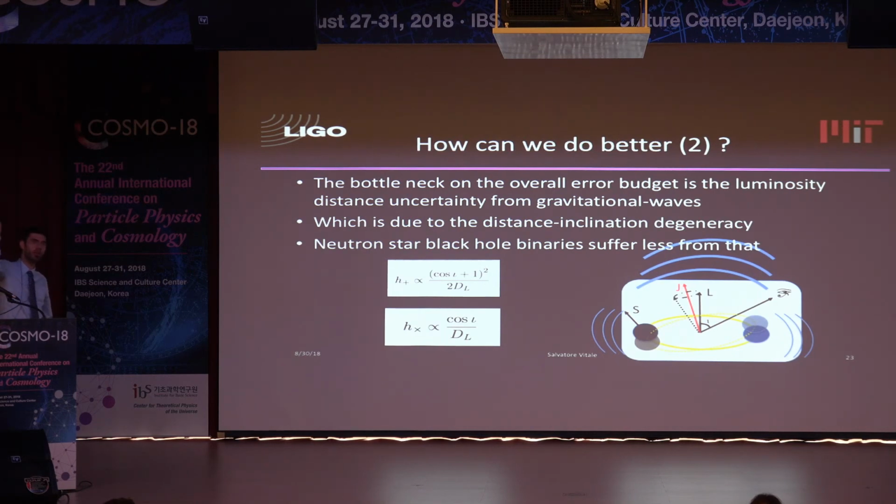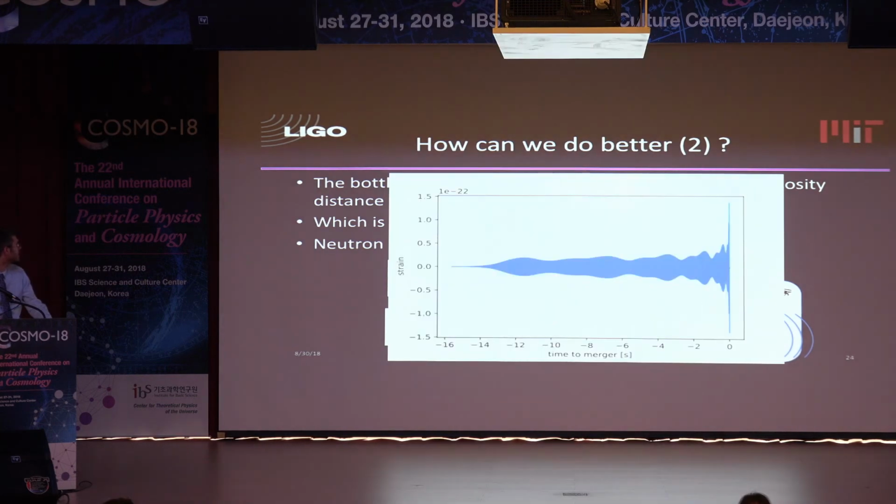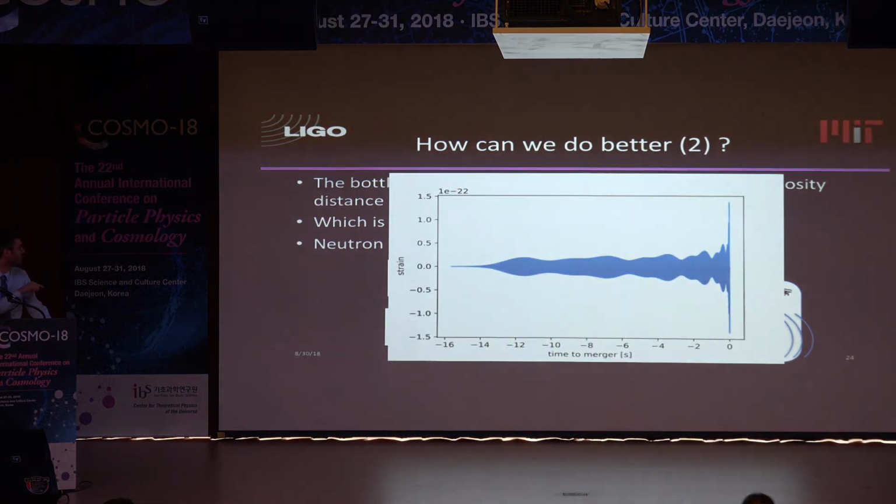So L, the orbit, will start to precess around J. And this means that the orbital plane will start wobbling around. So from our point of view, here at Earth, we get more or less gravitational wave energy as a function of time, which basically means that the gravitational wave amplitude will receive a modulation, okay, which is shown in this kind of waveform. That's a waveform for a neutron star black hole binary, where the black hole has a spin of 0.7, I believe, and 45 degrees inclination with L.